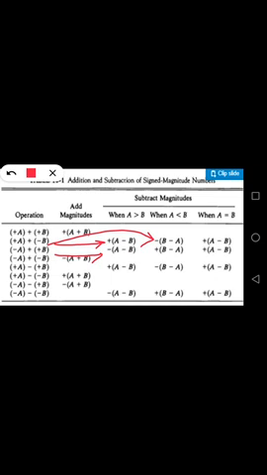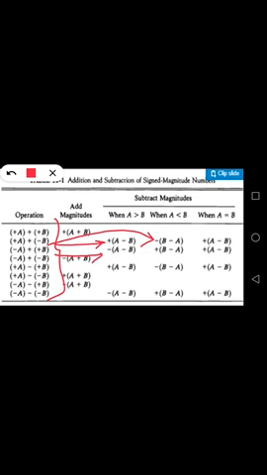I hope you understand. Once again I repeat, there are 8 possible conditions that arise for addition and subtraction when you consider the sign bit of A and sign bit of B. And for the algorithm, first we design a common algorithm for both addition and subtraction. The first step is, if you want to perform addition, and the sign bit of A and sign bit of B are the same, meaning both positive or both negative, perform addition.